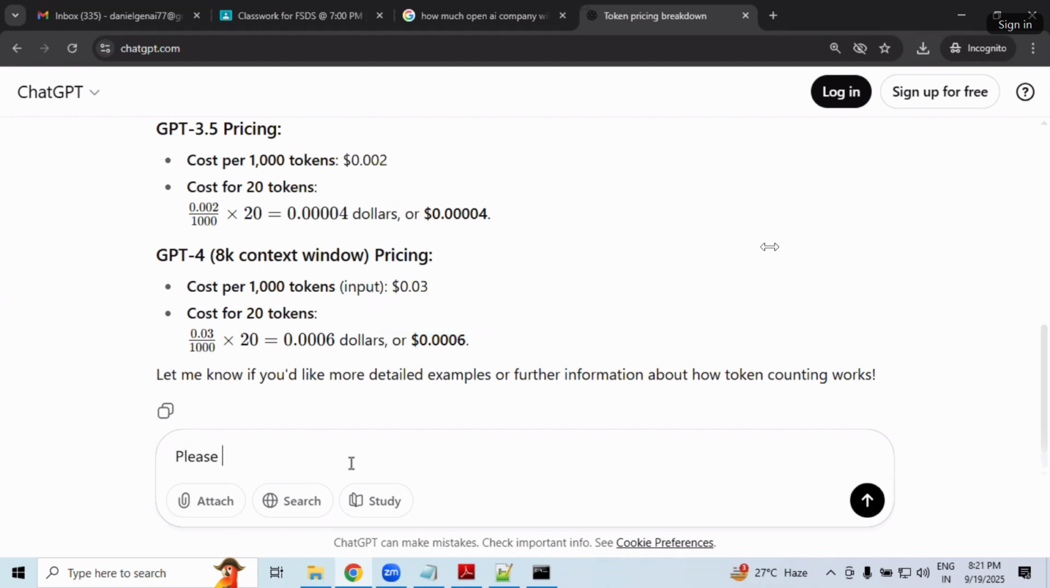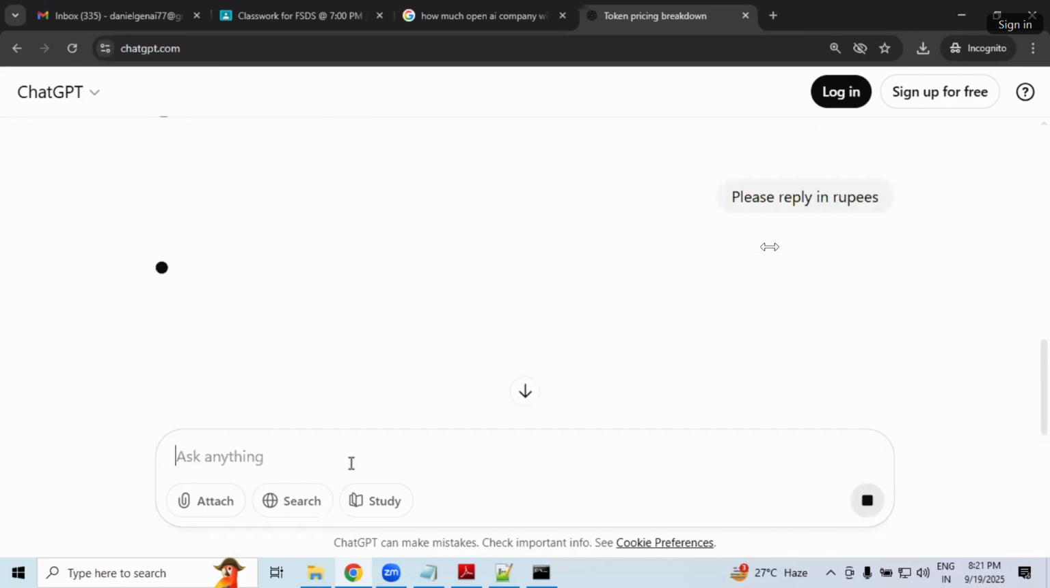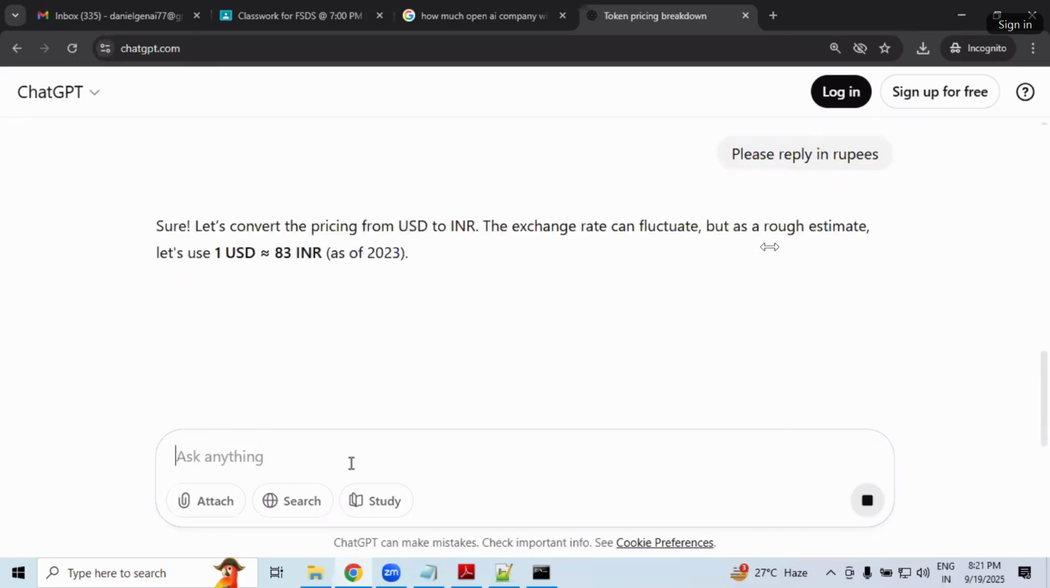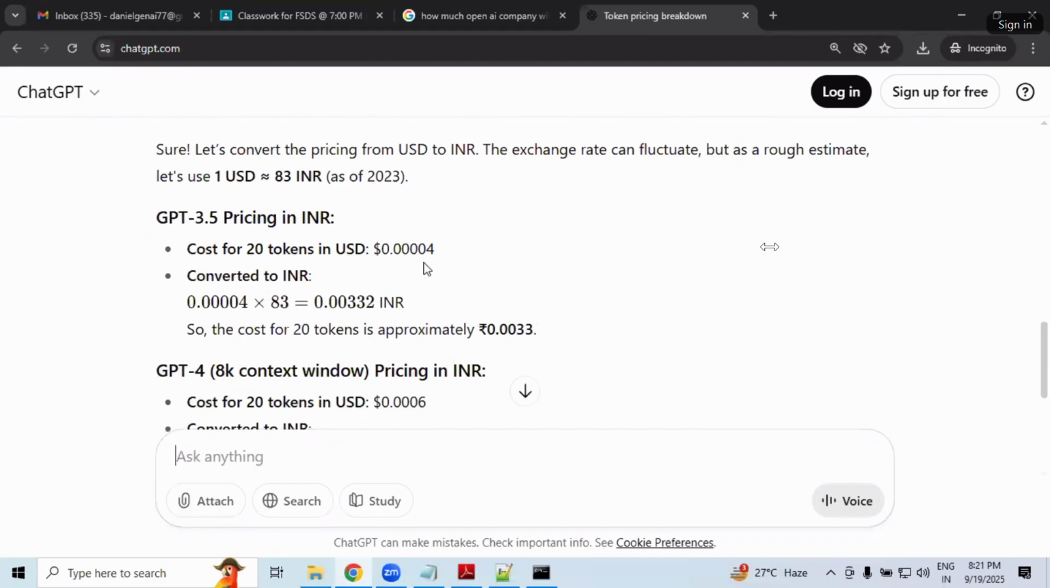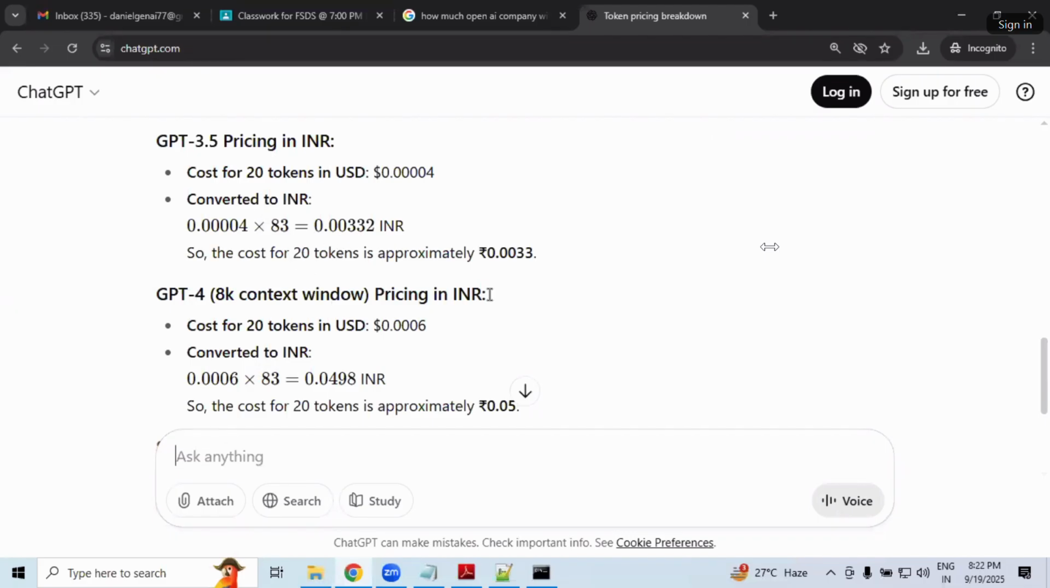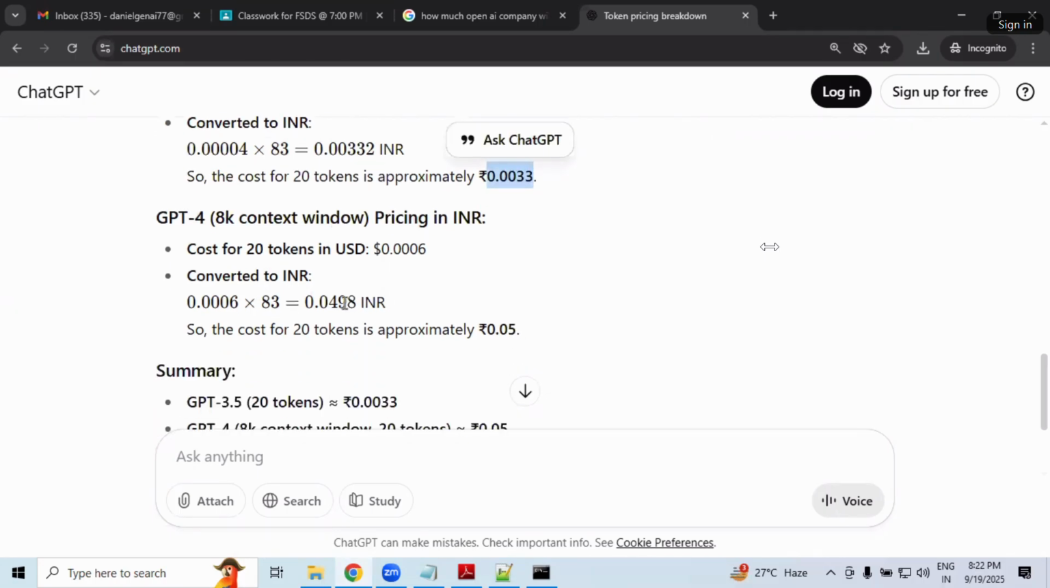Please reply in rupees. So please reply in rupees, paisa. How much is it charging, Sarji? For 20 tokens, how much? 0.00. So very minimal. But think, if it is a huge number of words actually, GPT-4 we are